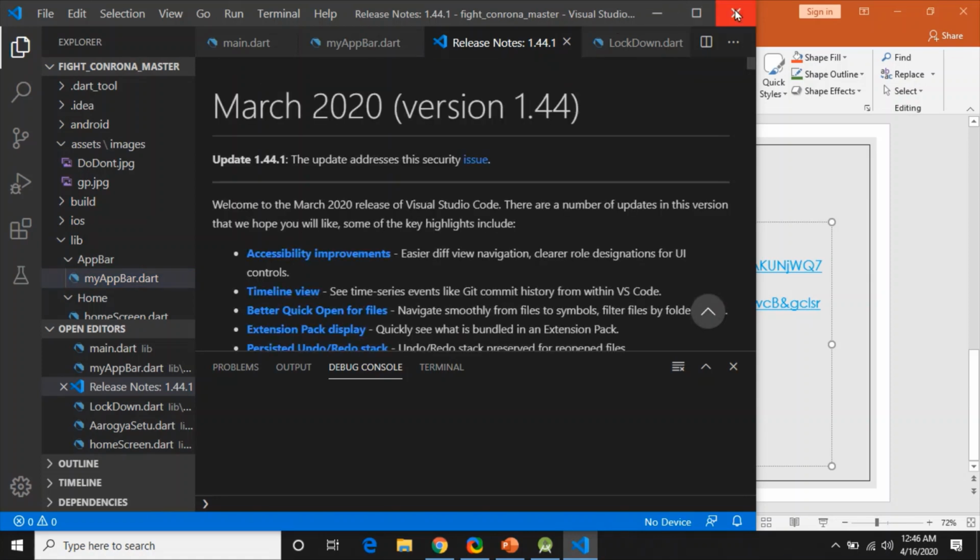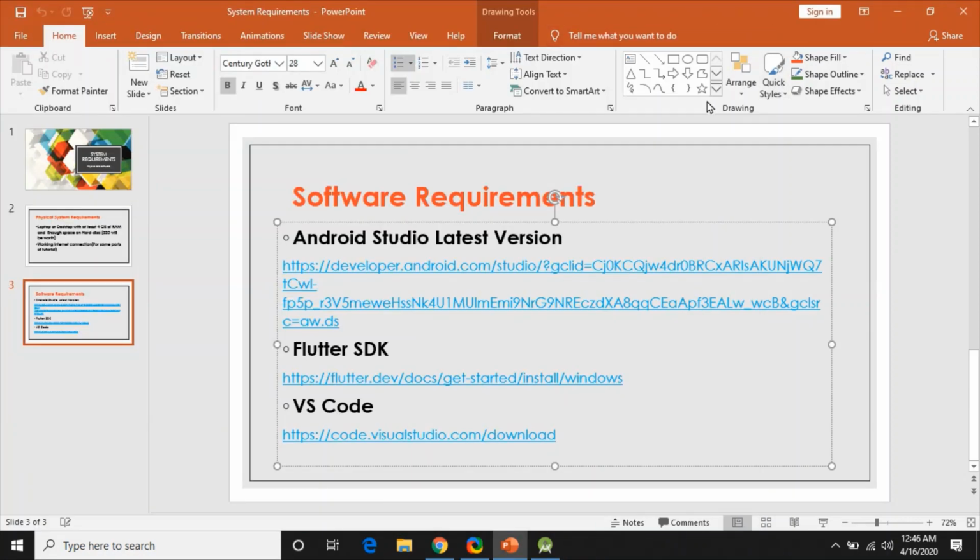Next thing, once you have done with Android Studio, Flutter SDK, and VS Code, there is one important thing you have to do: download the plugins for Flutter and Dart. I am telling you this because after installation this is required.